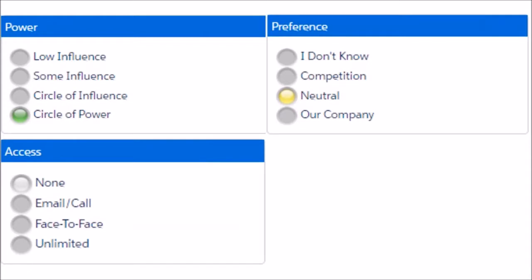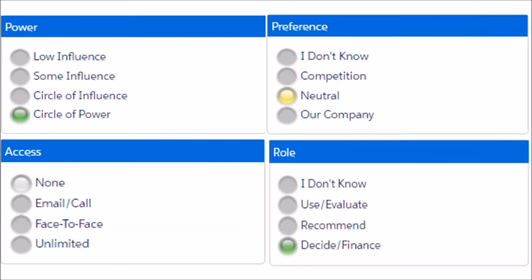Are we relegated to strictly email and phone contact? Is it face-to-face and we can get an audience with them whenever we like? Or is our access actually unlimited, and we have the ability to walk the floors and interact with them, talk to their employees and in their entire environment as well? Of course, in this module, we want to ensure that we know what their role is